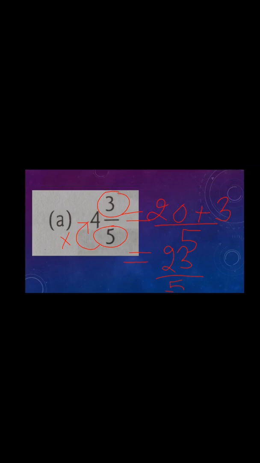Hope you understood. Now how will we convert an improper fraction into a mixed numeral? Earlier we studied how to convert a mixed numeral into an improper fraction. Now we will study how to convert an improper fraction into a mixed numeral. So here it is given 18 upon 7. First of all we need to do the division. So let's divide 18 by 7. How many times will it go? 7 1 is 7, 7 2 is 14.